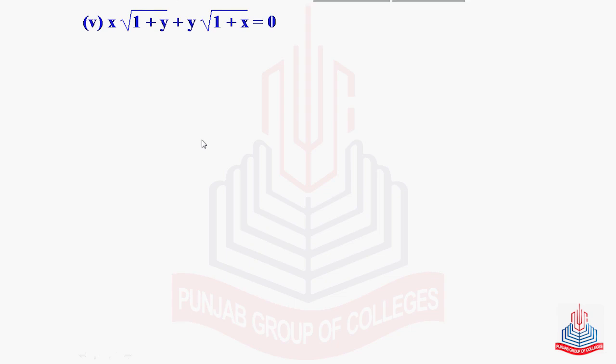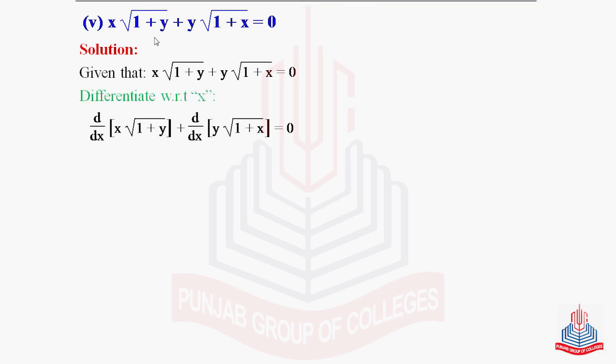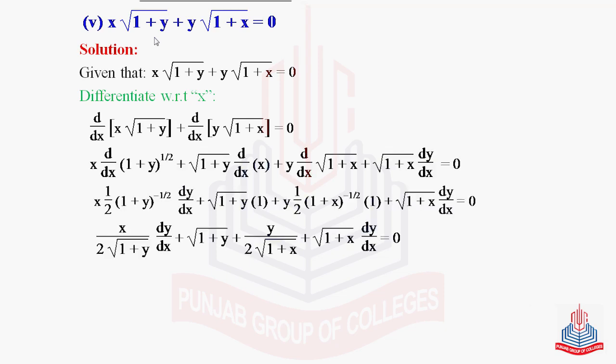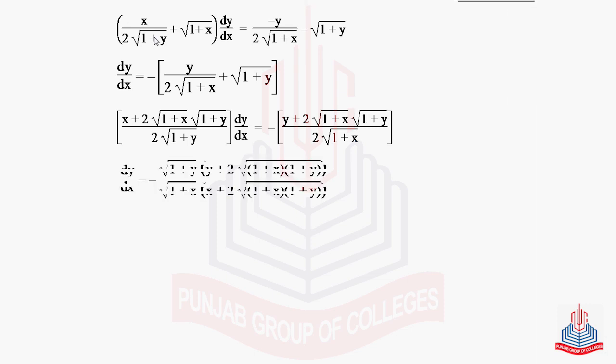So the next part is x square root 1 plus y square root 1 plus x. Again an implicit relation. Y is not explicitly defined in terms of x, so again using the same procedure by applying derivative to the whole of this equation. Given that this one, differentiate with respect to x. I think this one is an easy exercise for you people, so you must solve this one yourself. Easily solvable. So this one is actually dy by dx. When we apply on here, and this one is our required result, dy by dx.